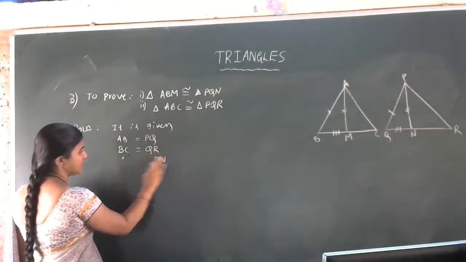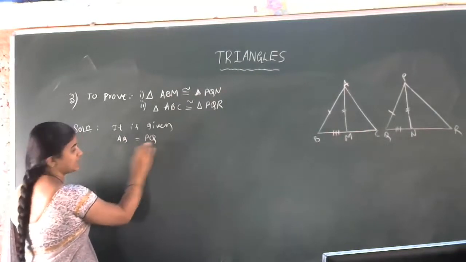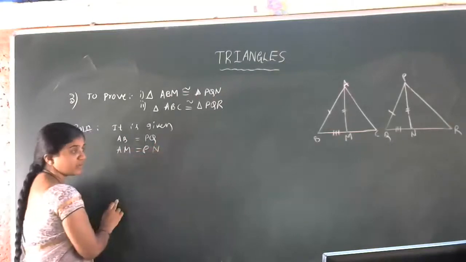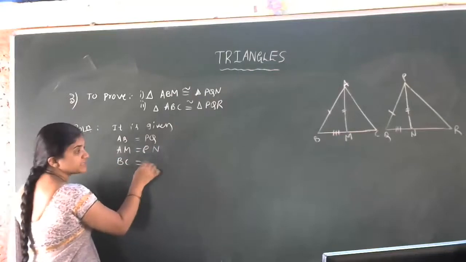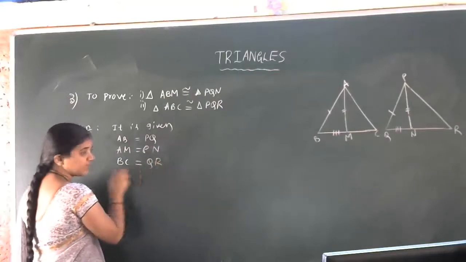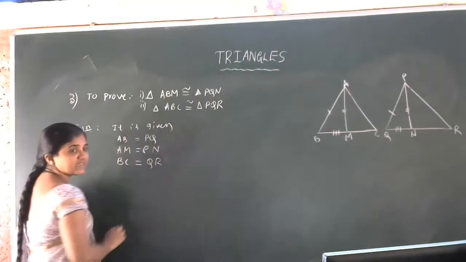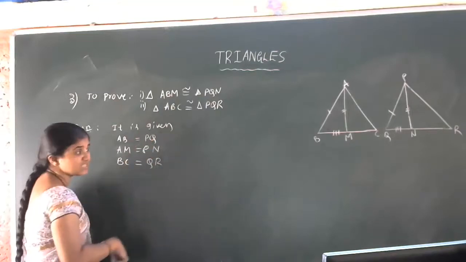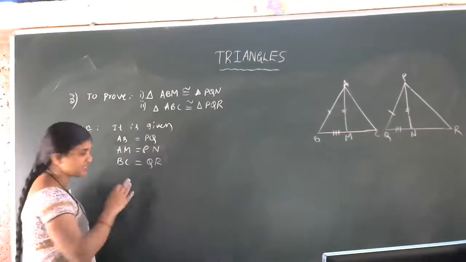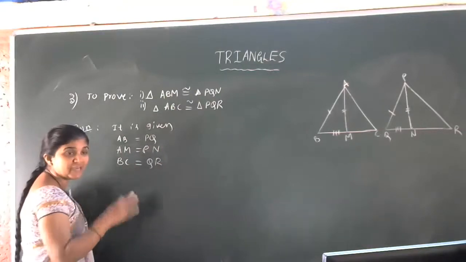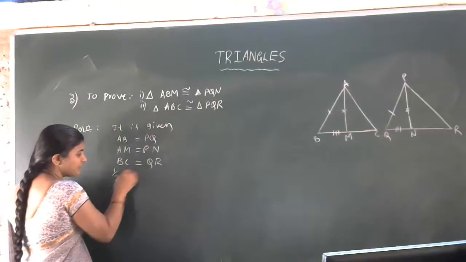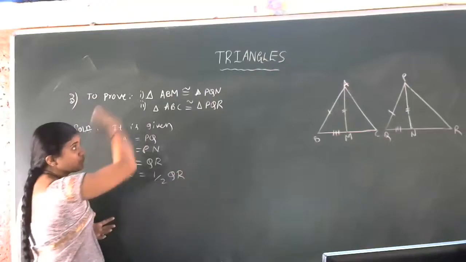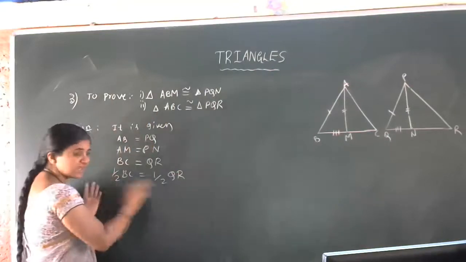Let us do one thing. AB is equal to PQ is the first data. Now let us take AM is equal to PN as the second data. Now the total side BC equal to QR is given. This one we cannot use for the first congruency. For BC and QR, one median is there. What is that median? AM and PN. A median divides the side into two equal parts, or halves. Therefore, half of BC is equal to half of QR. We are arranging the parameters for this congruency of triangles. This is the arrangement part.